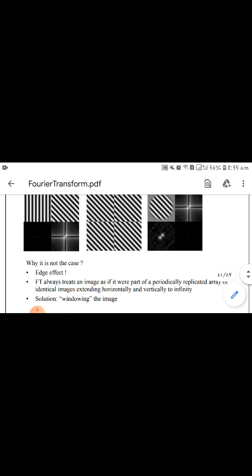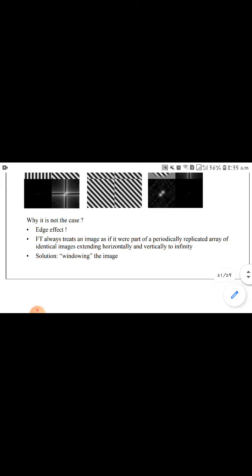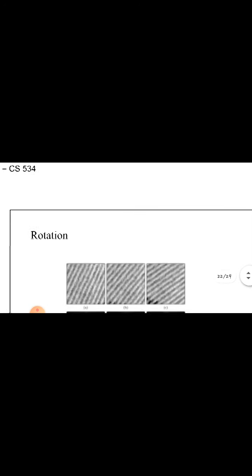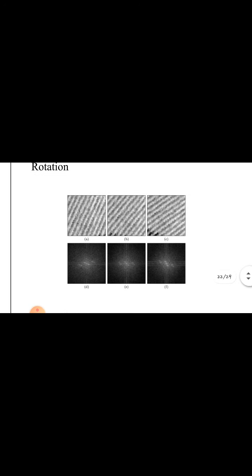So similarly, you can try for different effects and you can look at the Fourier transform. You can blur the image, you can rotate it by 90 degree, you can scale the image. So whatever you do, you can look at the changes of how the image is actually looking in the Fourier domain. So whatever the image you are taking, you can just rotate and see how the Fourier transform is changing. And then, like I said, at each rotation angle you can see the change in the Fourier transform.